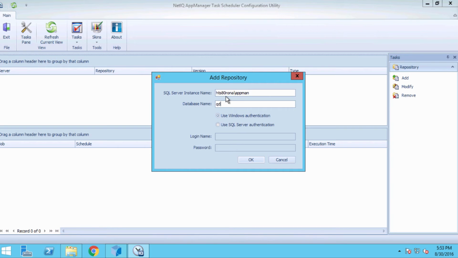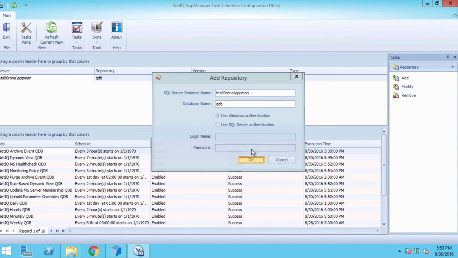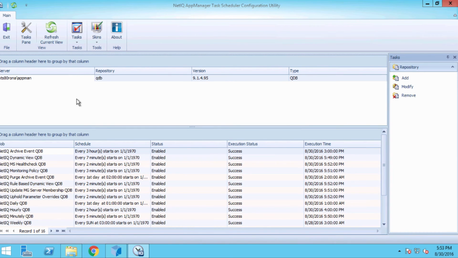My QDB database name is just simply QDB. We chose Windows Authentication for the service to run as, so we're going to choose Windows Authentication here. If you chose local service, then you would click here and choose your SQL Server Authentication and enter those credentials here. Click OK, and it should add the repository. You will notice that all of the jobs that have been defined show up, along with their schedule and status. It will also give you the execution status,